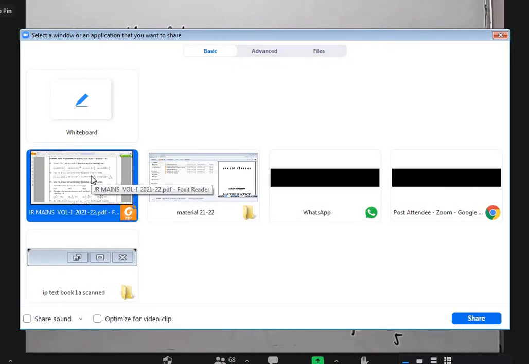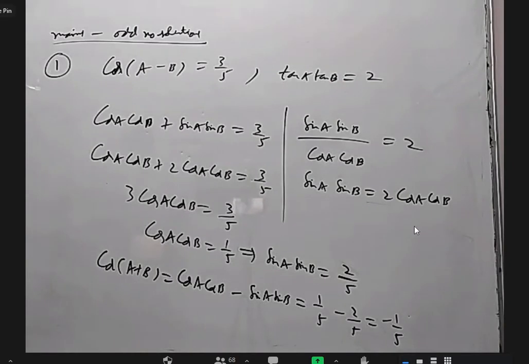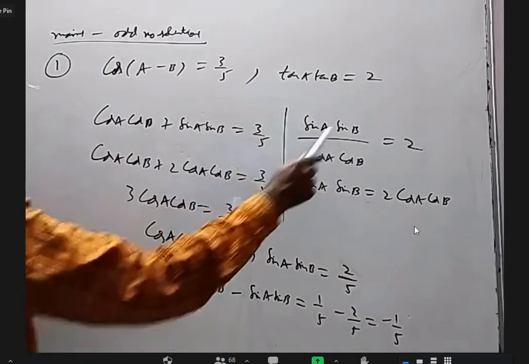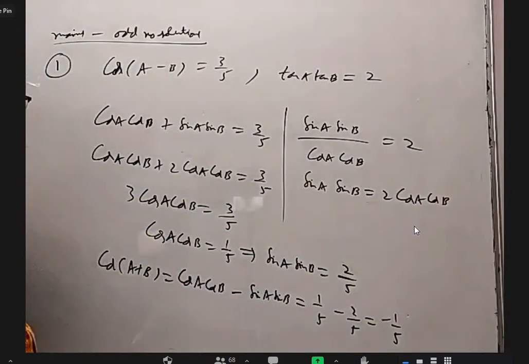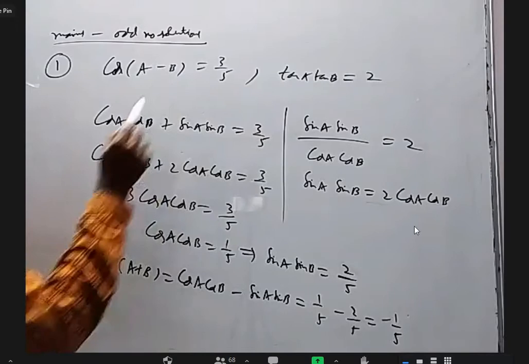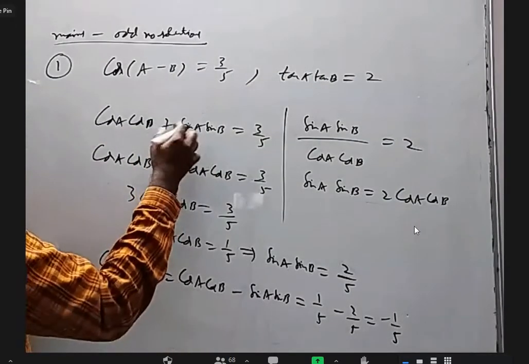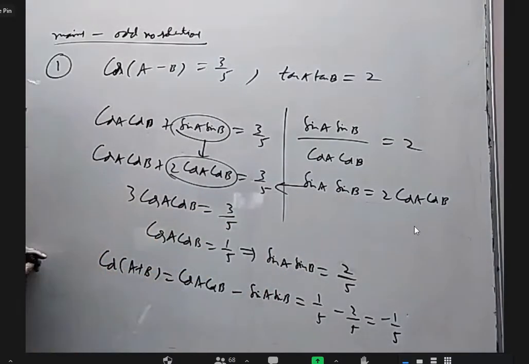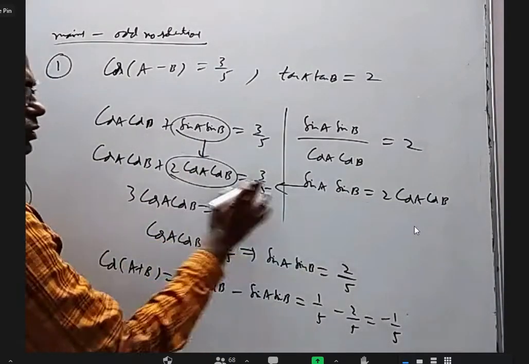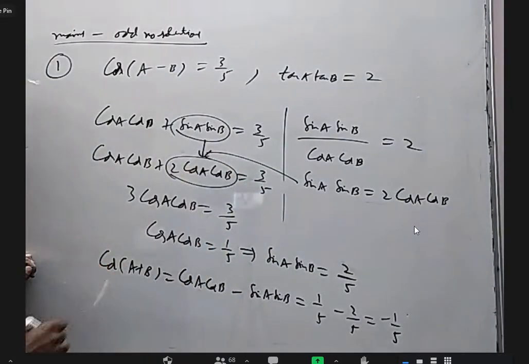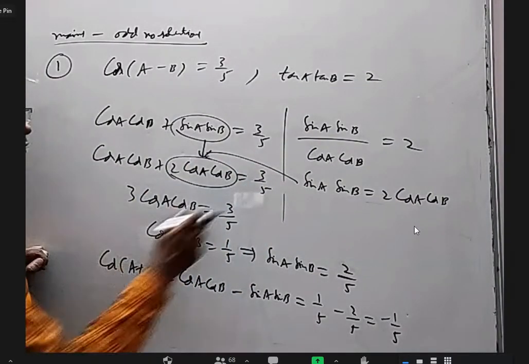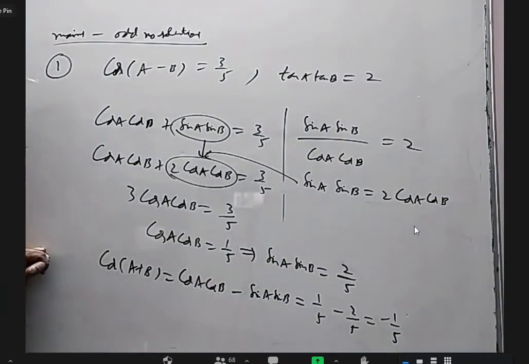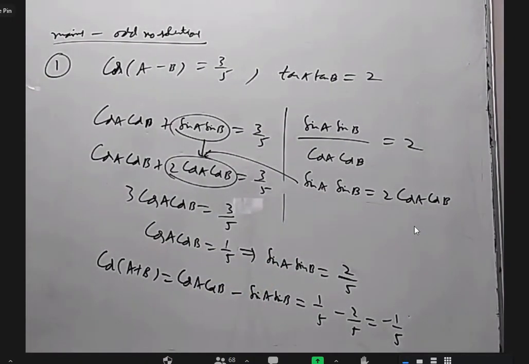Sir, we wrote from first step to second step. Can you explain? Tan, I wrote sin by cos, and the denominator is itself, correct. Here the cos A minus B formula is this. I am able to write this as this one based on this. Sin A sin B, I wrote 2 cos A cos B based on this. Now this became 3 cos A cos B, and when I substituted here, I got sin A sin B. Okay.